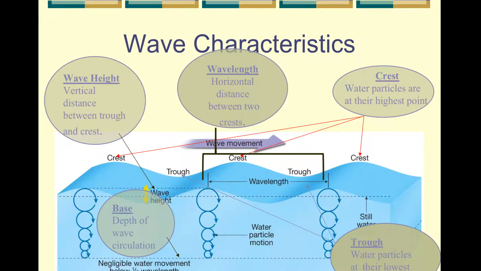So if I were to measure with a ruler from one crest to another crest, that's a wavelength. And the wave height is pretty much, if I took the difference in height between the trough and the crest, that's my wave height. And the base is just the depth of water circulation. So below these waves, you've got water particles that are rotating in a gyre, and they're sort of circulating, and